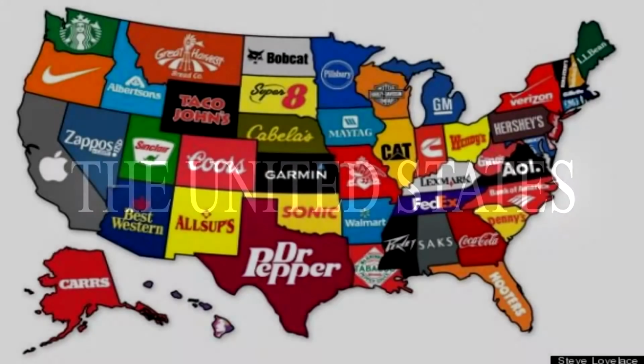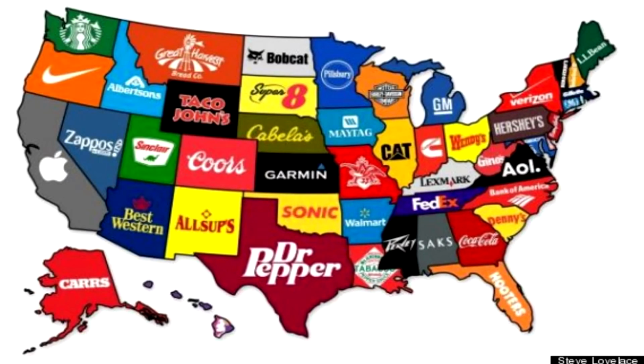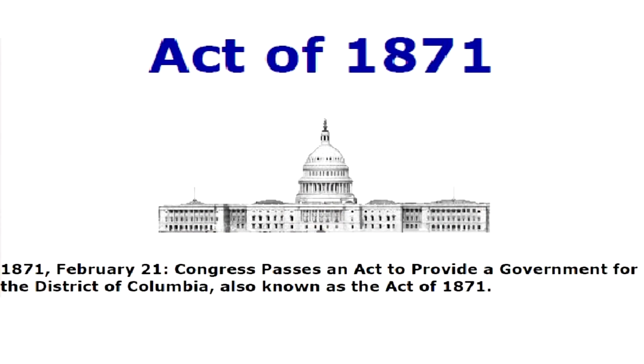Note the capitalization because it is important. This corporation, owned by foreign interests, moved right in and shoved the original organic version of the Constitution into a dusty corner. With the Act of 1871, our Constitution was defaced in the sense that the title was block capitalized and the word for was changed to the word of in the title.